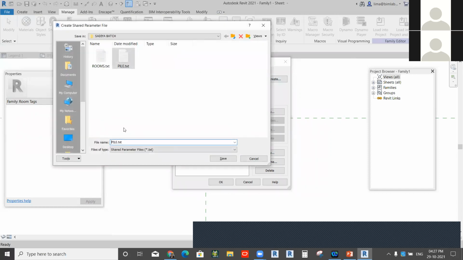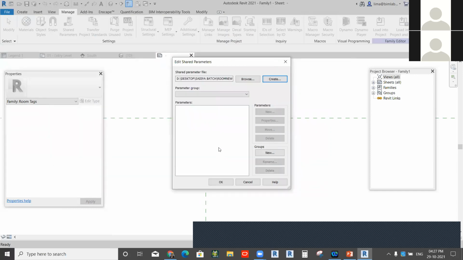So here I am creating a parameter called room. Then you can create your own. This is a simple text file. You can create your own type of any parameters. You can save this one within your PC. So you can load that parameter to multiple projects also. That's the main importance of the shared parameter.